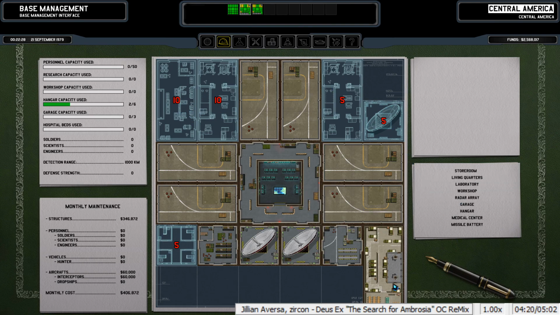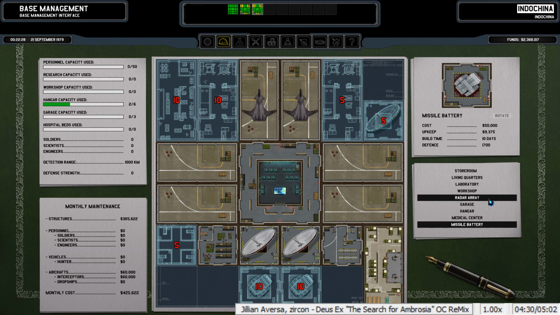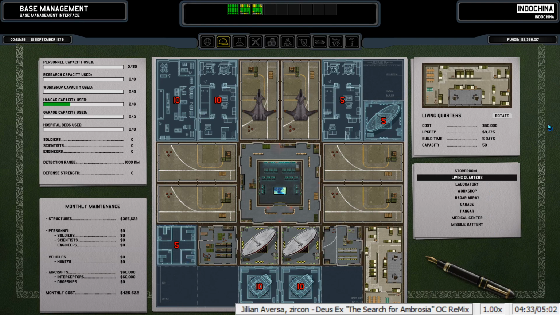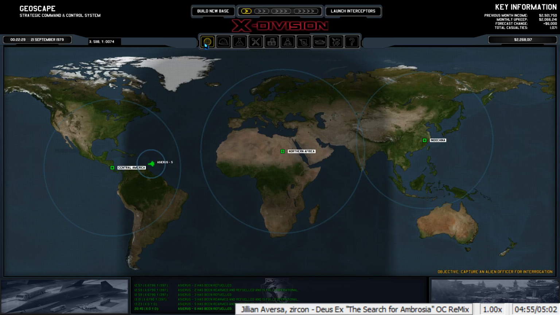What else do I want to build here? We'll put 2 missile batteries in, and I don't think it'll matter, but we'll build those. I think I'll actually need another living quarters the way I'm staffing this right now. We won't need it immediately, but eventually we will want more, because 1 living quarters is 50, and that's not enough for 2 workshops, a research lab, and a bunch of soldiers. But they build quick. Alright, I think that hopefully covers everything I need for those bases. It's kind of a messy layout, but...